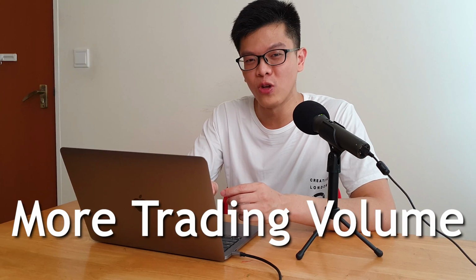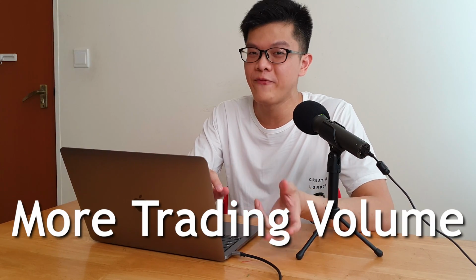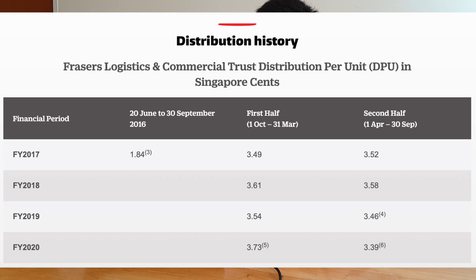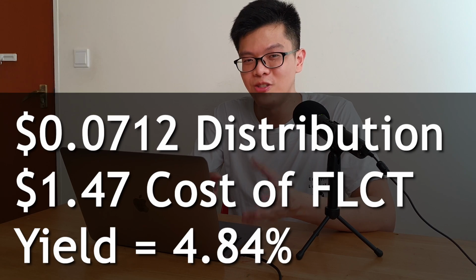What that means is that it will bring in more trading volume as more institutions and retailers buy in the STI ETF. And that is a piece of good news actually. If we look at the DPU, or the distribution per unit, for year 2020, it returned at around 7 cents, which is 4.8% yield on the cost of